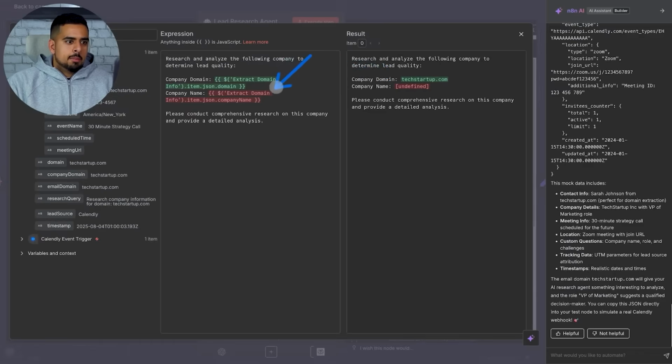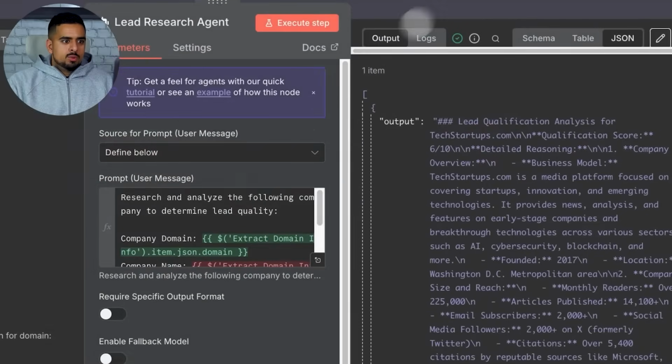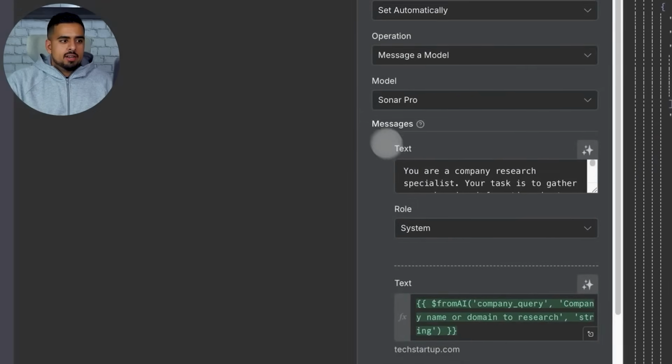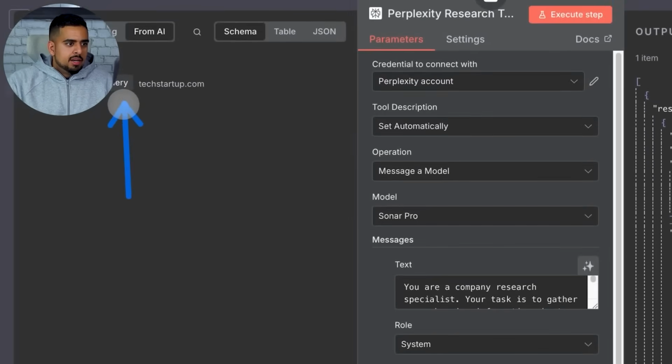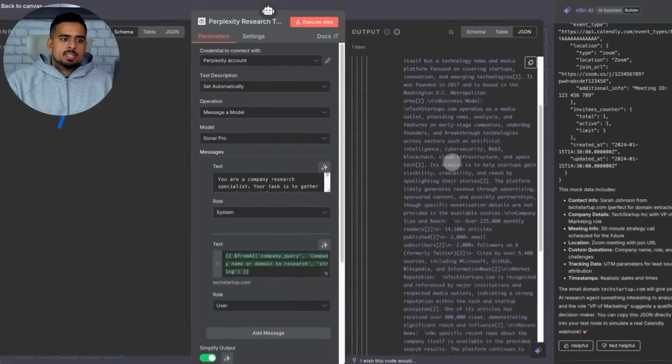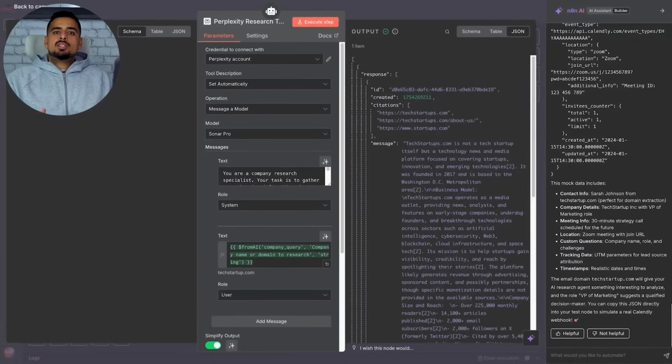This one obviously wasn't updated. It was basically making a created variable out of thin air, which is why it says undefined. But we do have something to work with here. And if we take a look at the Perplexity step right here, you'll see it took the company query, it searched tech startup, which was a valid variable from our input, and this is what it came up with right here. So naturally, this is not perfect, but this is clearly a jump from like 0 to 60 to 70%,